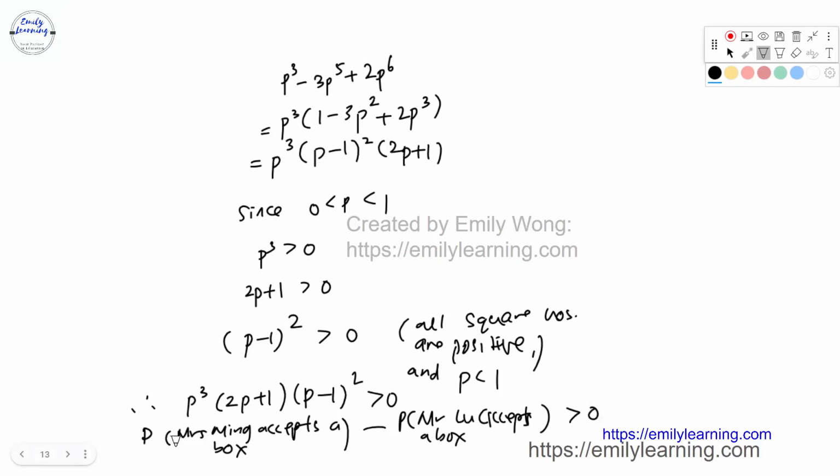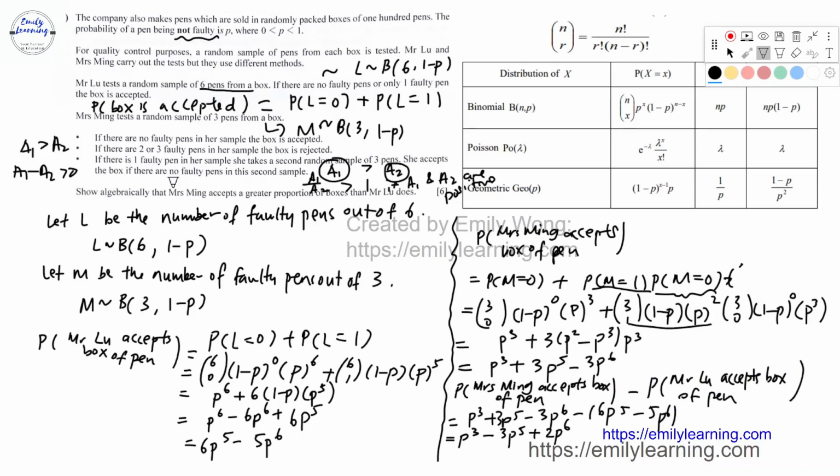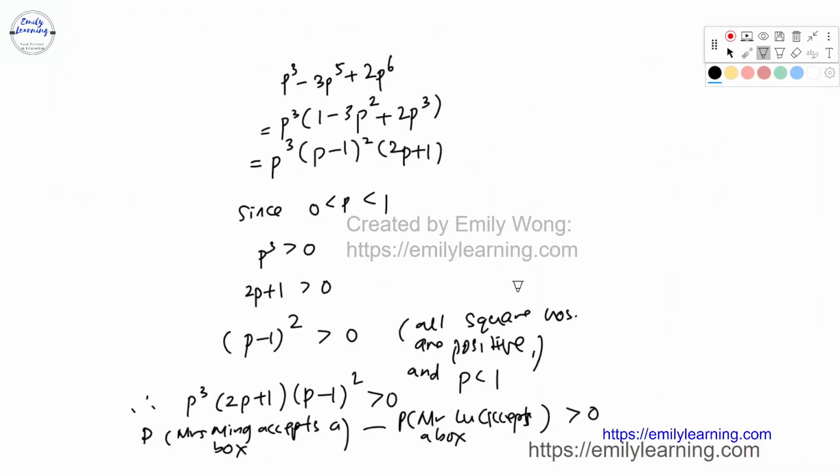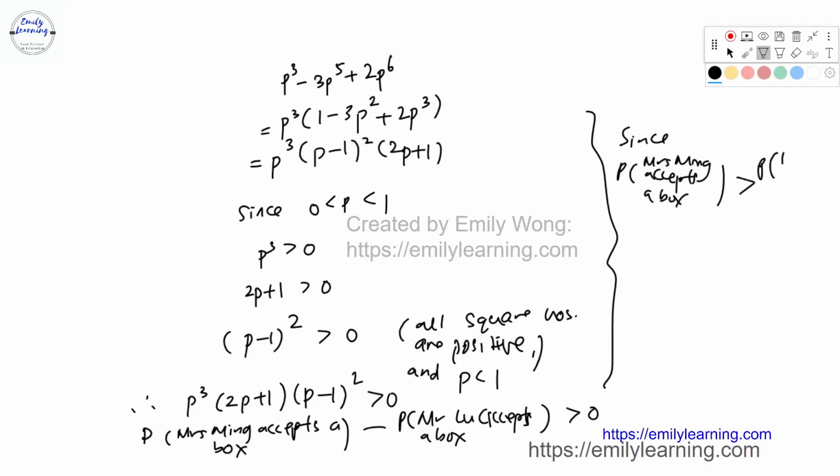So therefore, it is likely that Mrs. Ming accepts a greater proportion of boxes than Mr. Lu. Since we know that P of Mrs. Ming accepts a box of pen is greater than P of Mr. Lu accepts a box of pen,